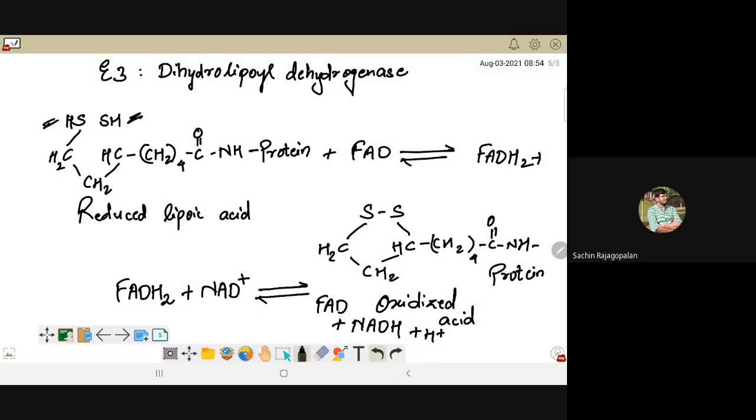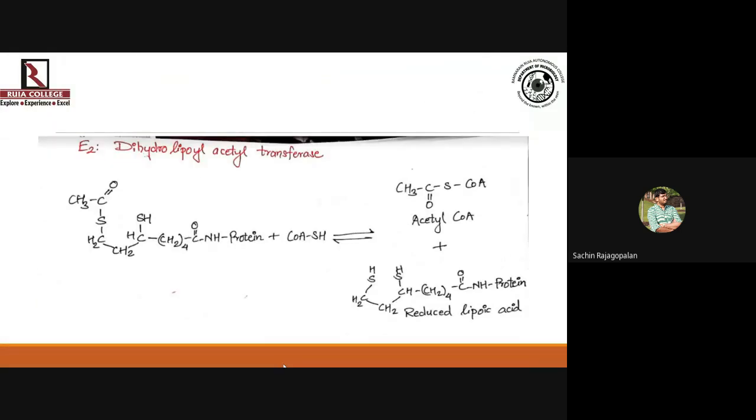I think now it's time for you to note it, because everything about PDH is now complete. PDH had 3 subunits, and we have now seen the reactions of all three subunits. Okay, so just start writing this reaction. I'll just change the slide. First note this down, let me know, then I will put the E3 reaction in front of you.